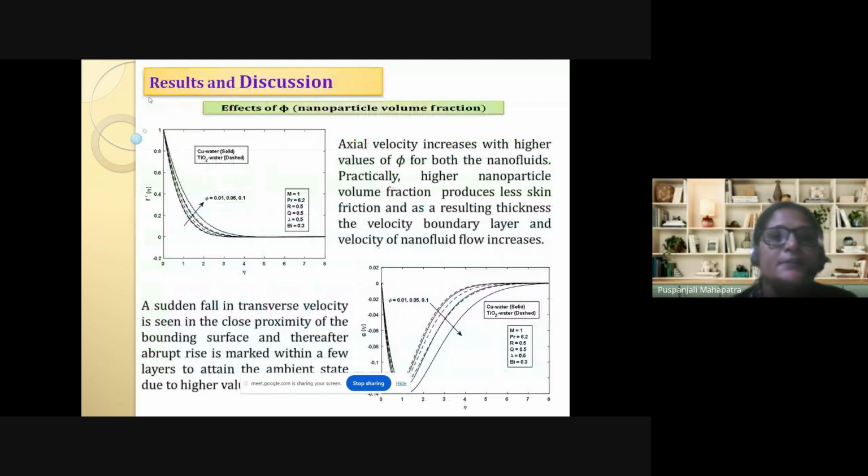Here are the results and discussion. Effect of phi, the nanoparticle volume fraction. The first figure shows the axial velocity increases with higher values of phi for both nanofluids. Practically, higher nanoparticle volume fraction produces less skin friction, and as a result the velocity boundary layer thickens and the velocity of nanoflow increases. The second figure shows a sudden fall in transverse velocity in close proximity of the bounding surface, and thereafter